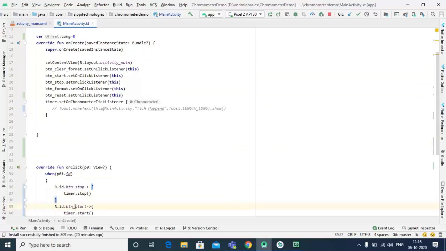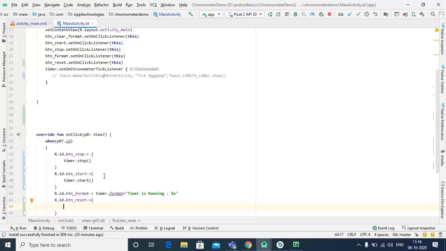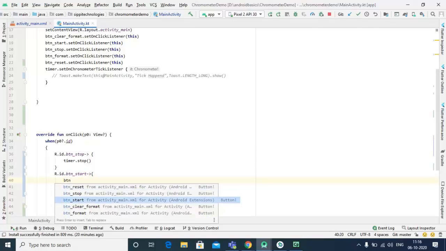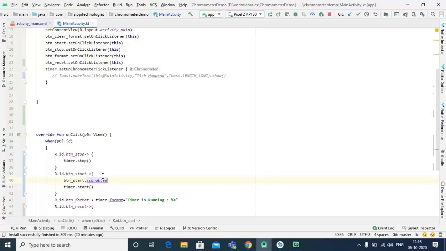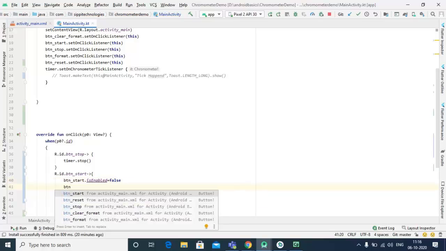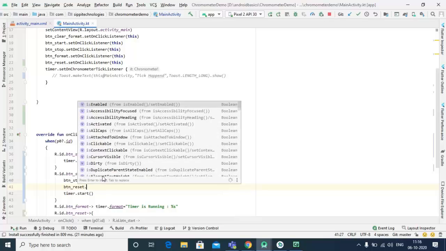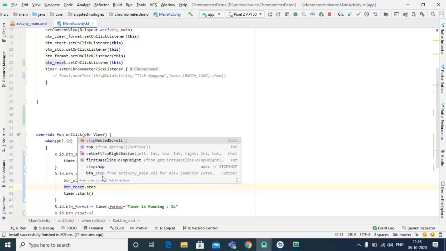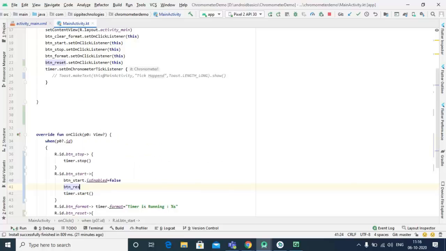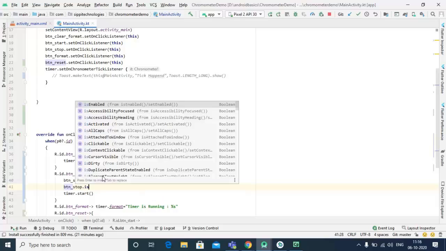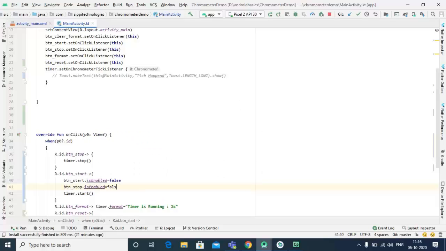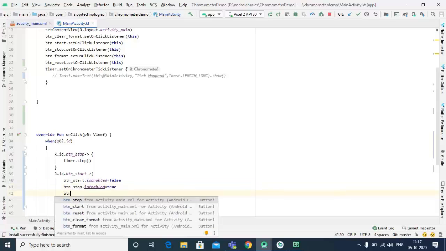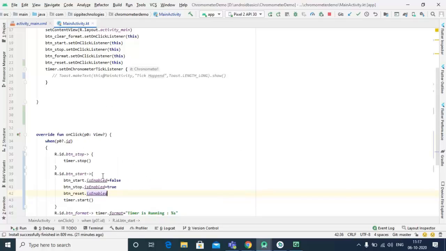Okay, and apart from this, first when start is clicked, we need to disable this button: button start is enabled false, and button stop is enabled true, button reset is enabled false. Okay,